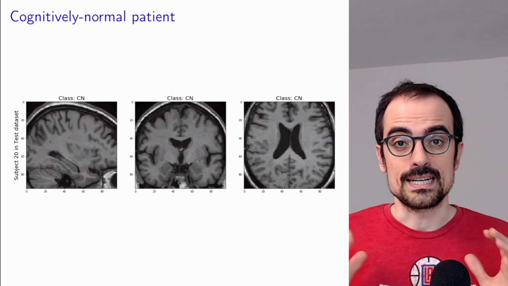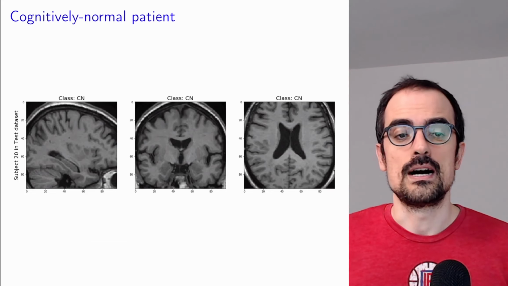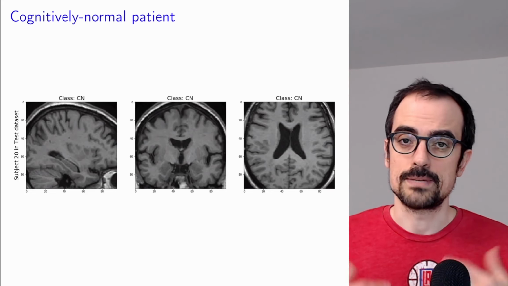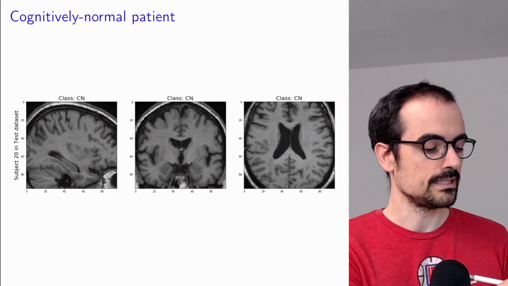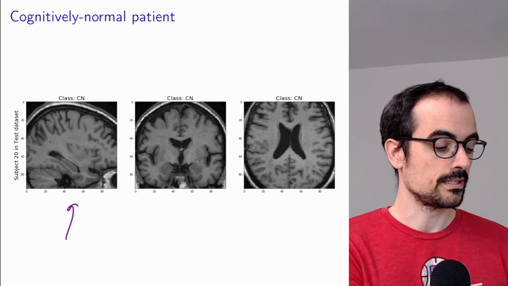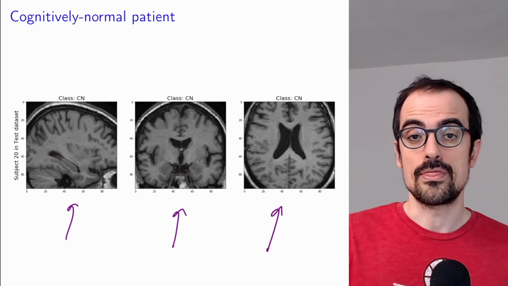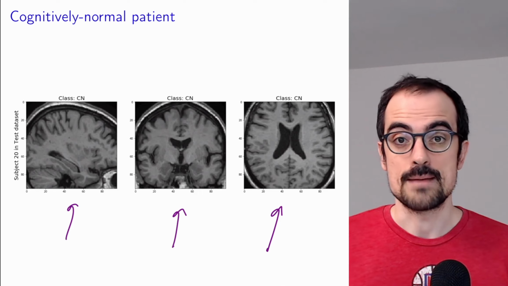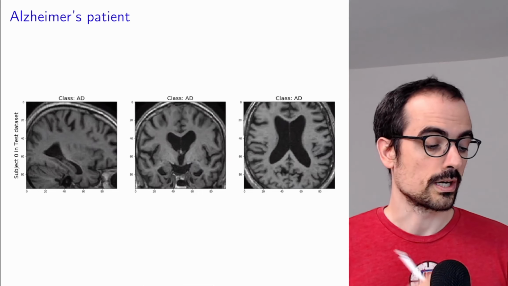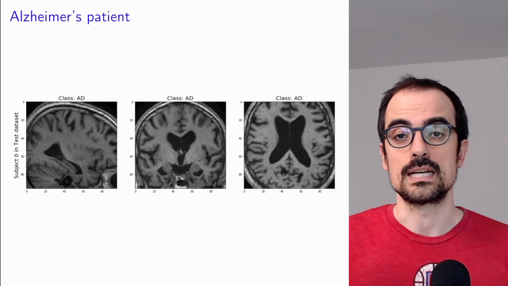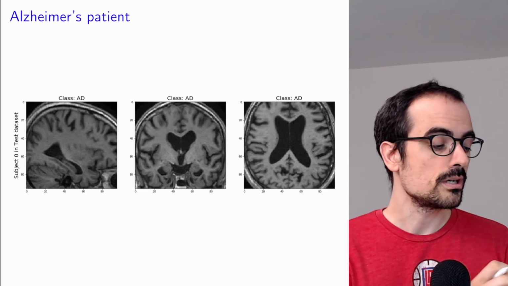Here is the magnetic resonance imaging scan of a cognitively normal patient. So this patient does not have Alzheimer's. We're seeing different views. Each of these images is a different view from a 3D MRI scan. And if you compare this to the corresponding views for a patient that has Alzheimer's, what we observe is that